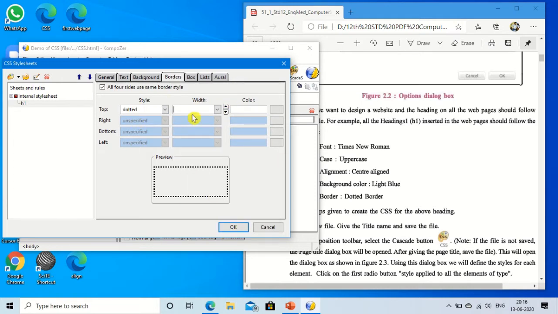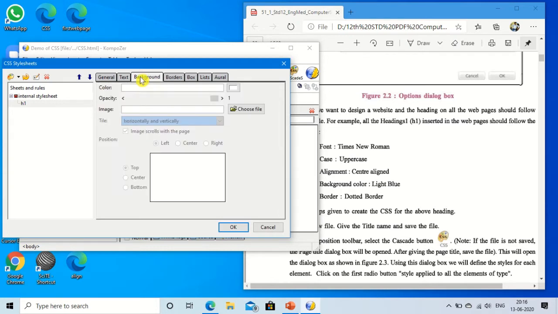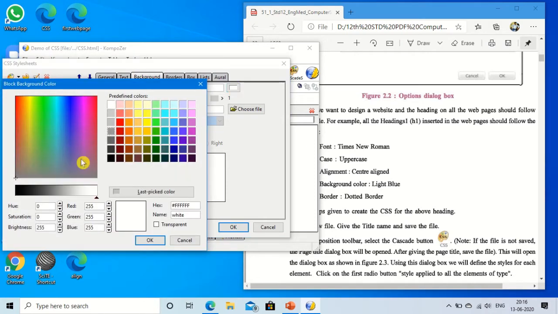And then we have to mention, yeah, if you want a background color, if you want to change the background color, so click on the background color and select the color. The color is light blue, so you can take light blue color. You can see this is light blue color.